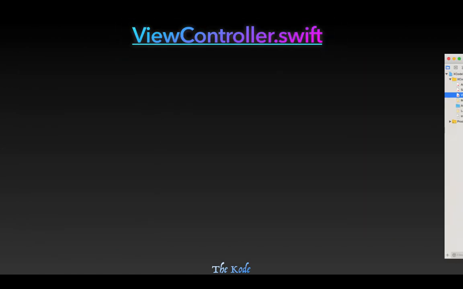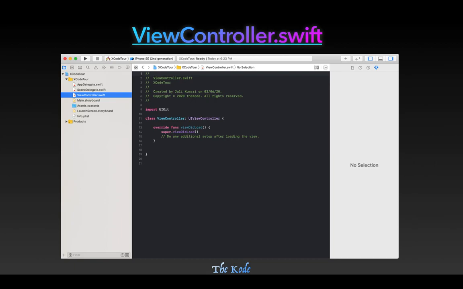Now we are going to discuss the view controller file, which is the next file. You can have multiple view controller files depending upon your application design. This file basically manages the link between the view and the model. Suppose you have a screen and you want to add some functionality. That screen will be connected to one view controller file and you can write all the code in this file. So this is the view controller file.